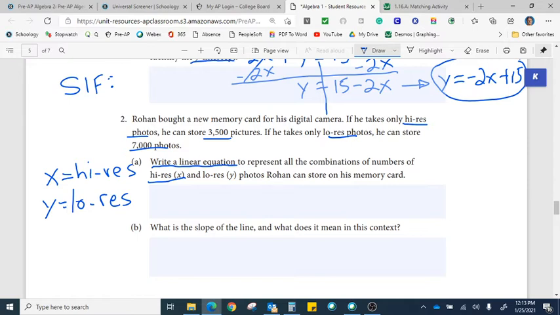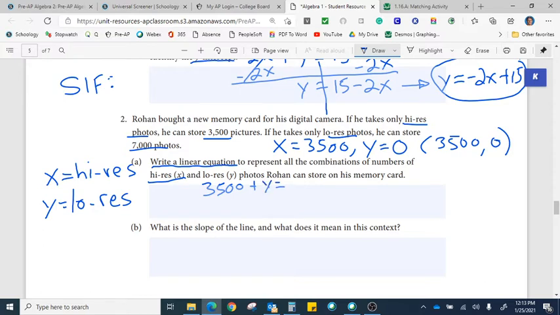So if we say that we take only high resolution, x is going to equal 3,500. If we take only high resolution, and high resolutions are represented by x, then wouldn't y be 0? Yes, because we could have an ordered pair as 3,500 comma 0. So if that's the case, we would say 3,500 plus 0 plus y equals